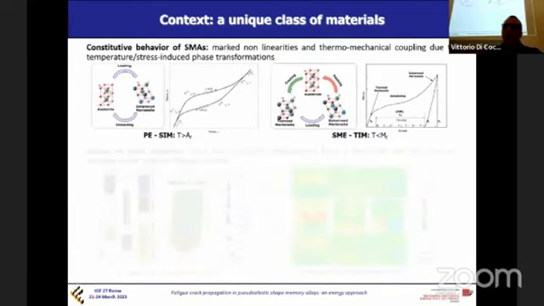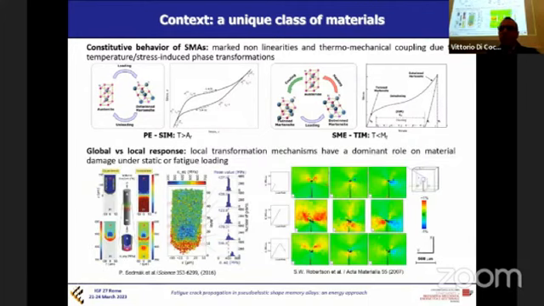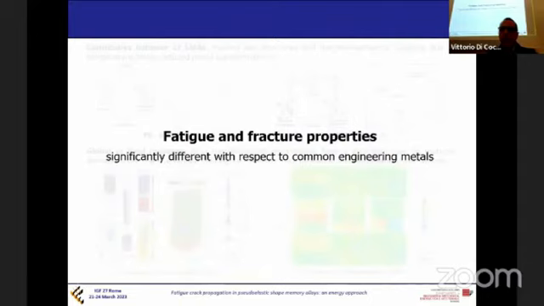However, it is well known that these shape memory alloys exhibit a very complex constitutive behavior with nonlinear hysteresis and intricate thermomechanical coupling mechanisms. In addition, it is widely accepted by the scientific community that this transformation occurs locally, and these local effects play a very important and dominant role on material damage, especially under fatigue loading conditions. That's why we started studying fatigue and fracture of shape memory alloys a few years ago,